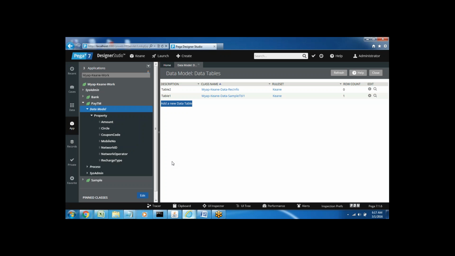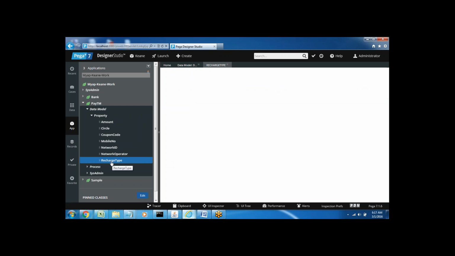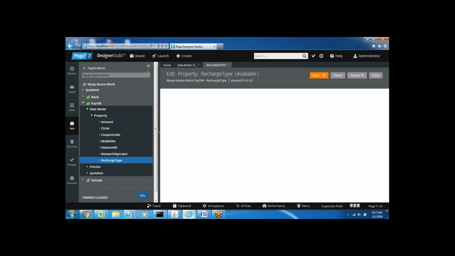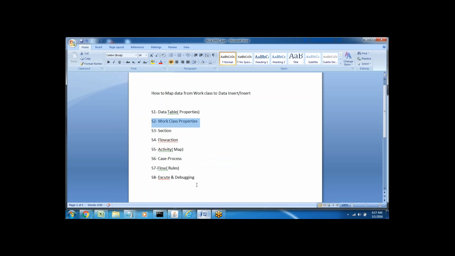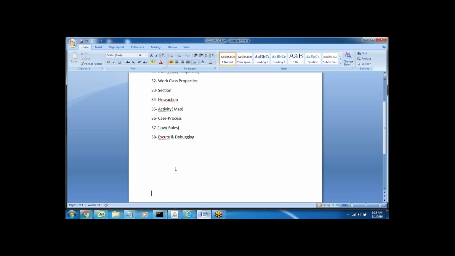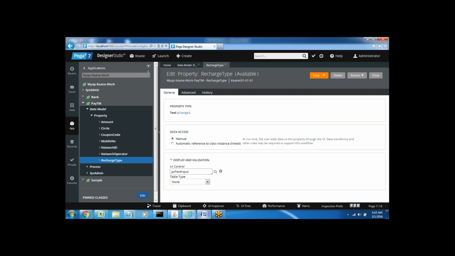I want to define some static values. Open this recharge type, and in previous sessions I told you, if you want to add any static values, under this option display and validation, we have an option called table type. From the table type option, select local list, and inside the local list we can define the static values. So under the table type, select local list,